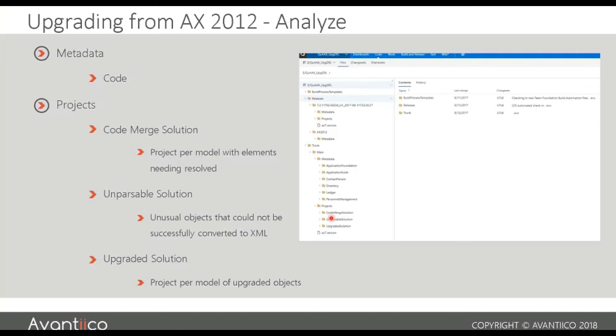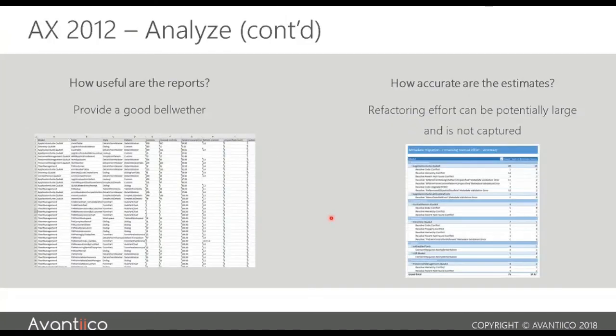It can do a lot of stuff, and you can use that as the basis, but this tool will take everything in 2012, your entire model store. It will give you a report. It will tell you how many controls it's updated and what the conflicts are, and it will give you a summary. So if you've got some code conflicts through overlaying that need moving to an extension, it will tell you that one.